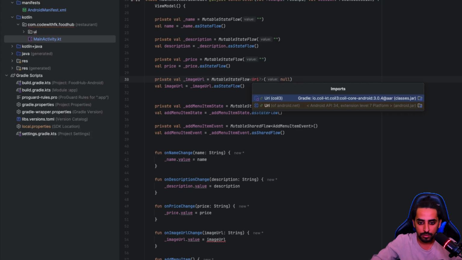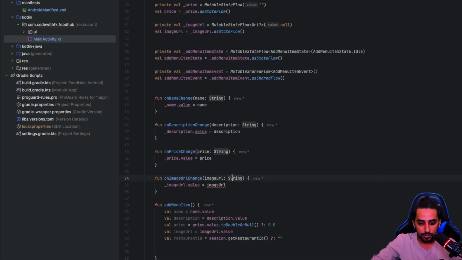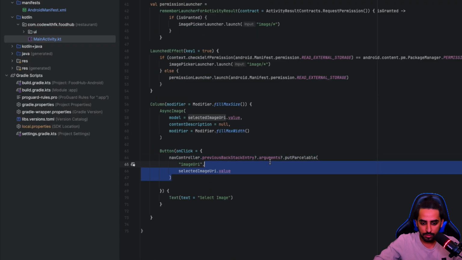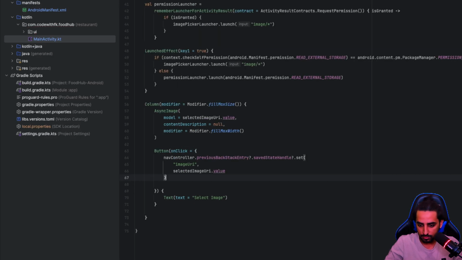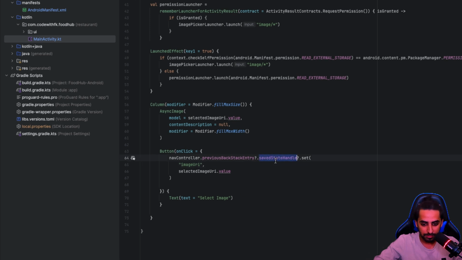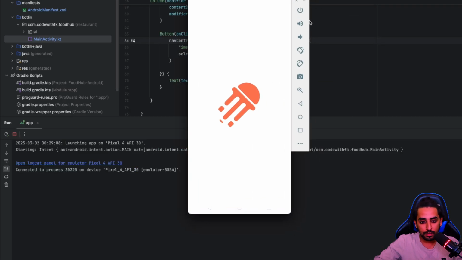Okay, let's slightly change what we have. So when you do that, you need a URI over here, which is a nullable URI, and then the rest is fine. And rather than using something like this, I'm going to say saved state handle dot set image as something like this. What I was doing is that I was passing it as an argument, but expecting it as saved state handle. So I think that was why we were facing this issue. So now let's do that